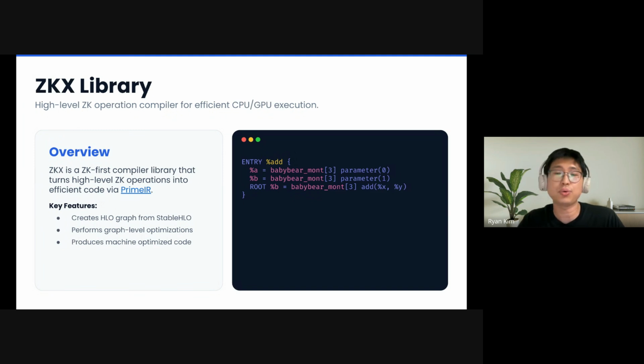And here's the trick: we don't rewrite XLA, we extend it, and the general purpose passes that XLA already has, operator fusion, layouts, scheduling, still run. We just add the ZK domain once on top. The ML compiler community spent 10 years building this kind of structure for ML. We take that work, ZK-ify it, and apply it to ZK workloads, and after all of these passes, the graph is ready for low-level code generation, and ZKX hands it off to PrimeIR, our MLIR dialect for emission.